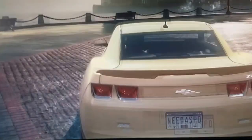Fords. I'm going to show you all the Fords. But this is the last Ford I'll show you in our third episode. We're going to show you the next